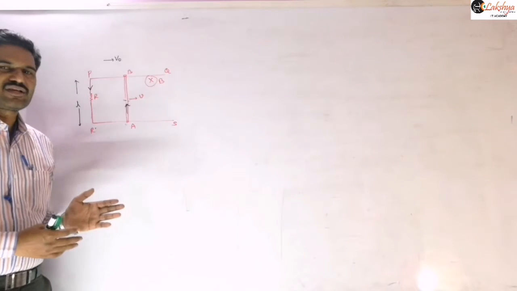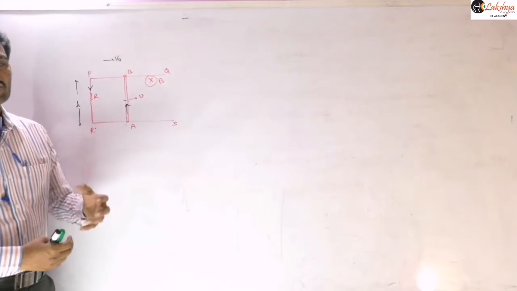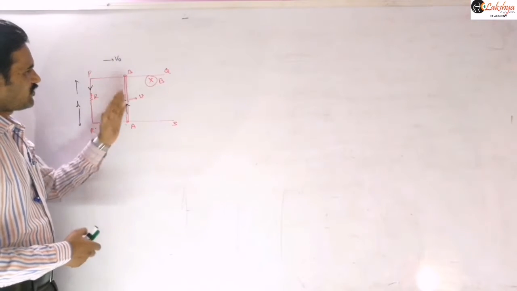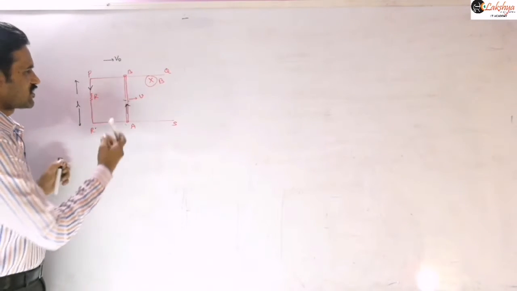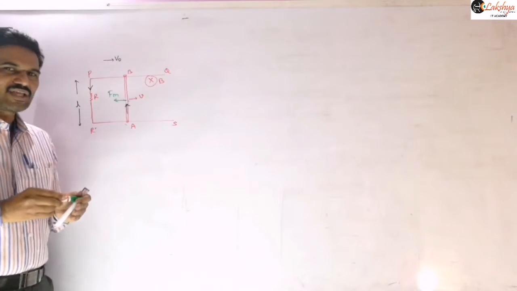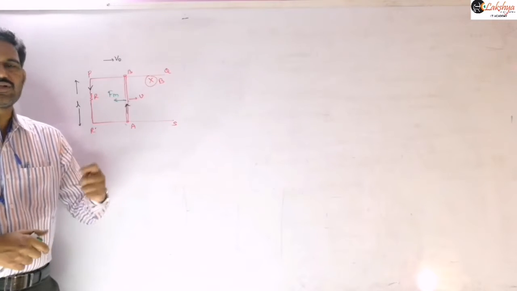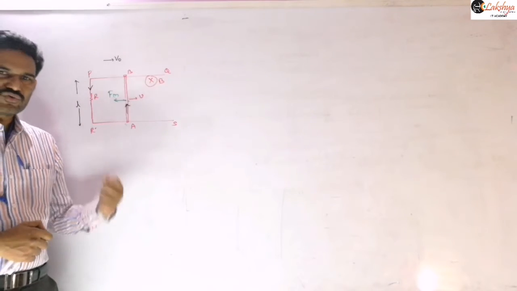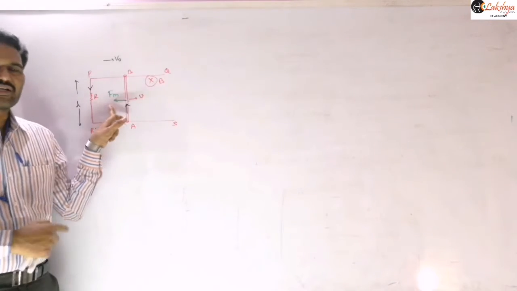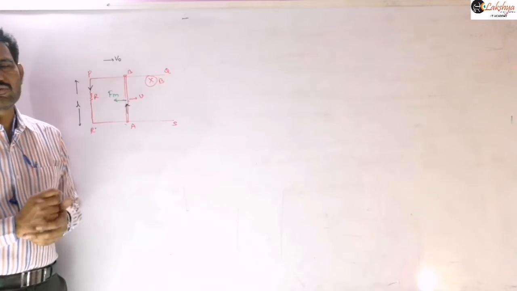When the velocity of the rod decreases, induced EMF decreases, thereby current decreases, thereby magnetic force also decreases. So magnetic force is also a variable quantity here. Is it clear what I am saying? Because of this magnetic force, velocity decreases first. If velocity decreases, induced EMF decreases, because we write induced EMF as BLV. If induced EMF decreases, then current decreases. If current decreases, then magnetic force also decreases. So these two are decreasing simultaneously, and both are variable quantities.